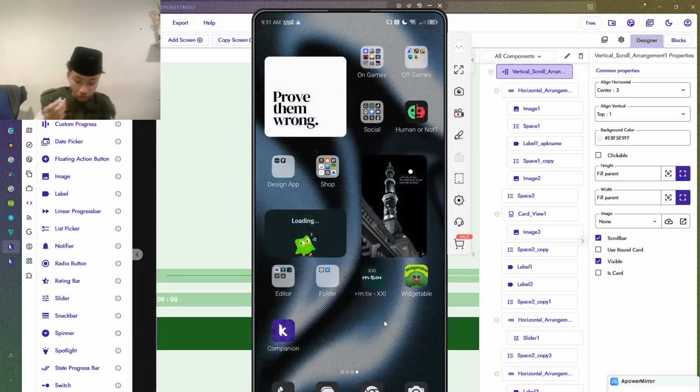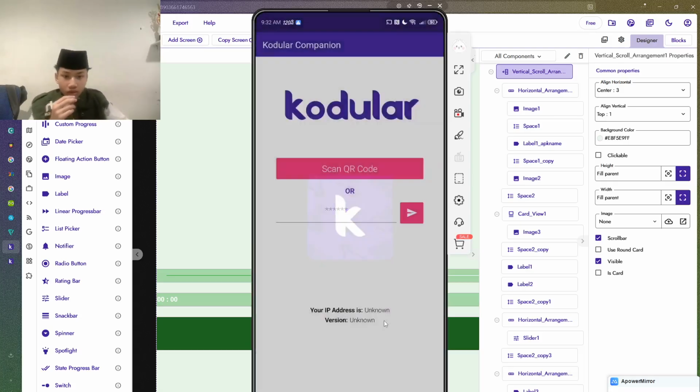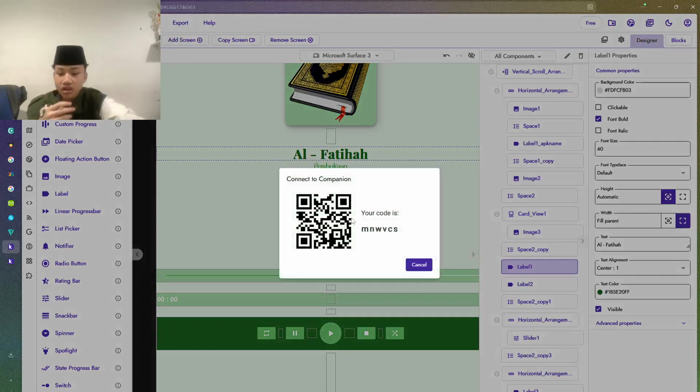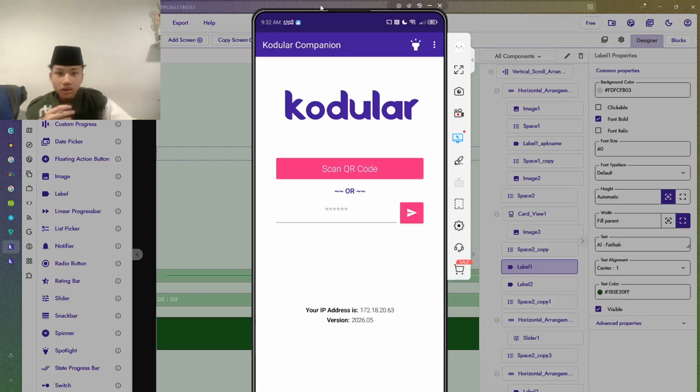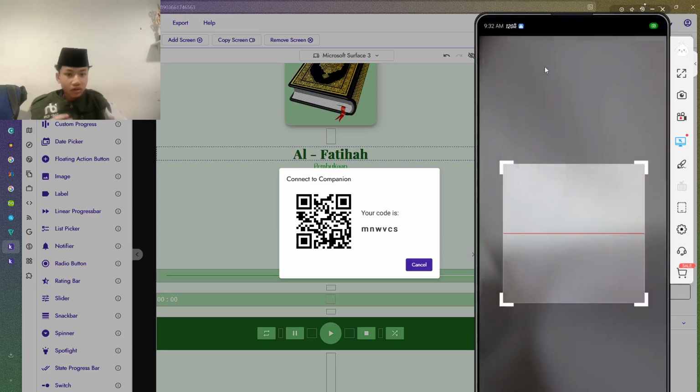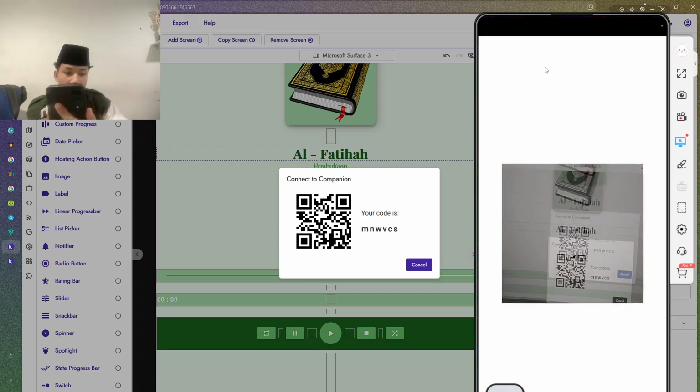And now I'm gonna go to the companion. I'm gonna connect the companion first in here, like this. I'm gonna scan the QR code like this.